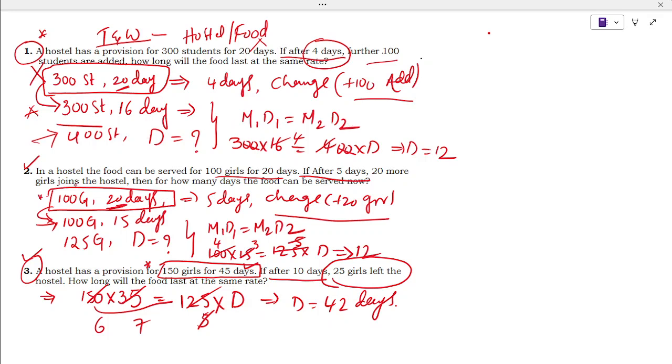Similarly, in question number 2, in a hostel the food can be served for 100 girls for 20 days, but this is not my final condition because it is changing after 5 days. So first I am writing my condition after 5 days. So for 100 girls it is 15 days. So after 5 days it will be